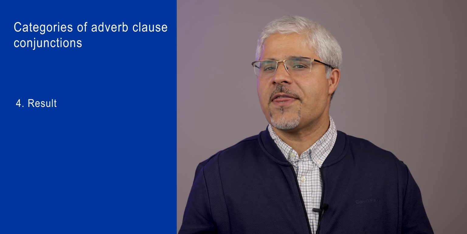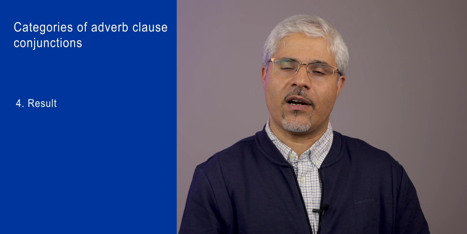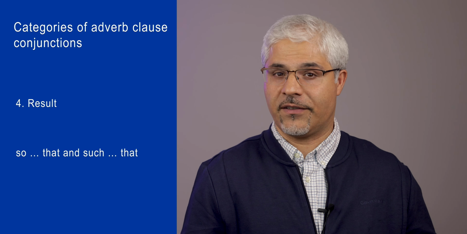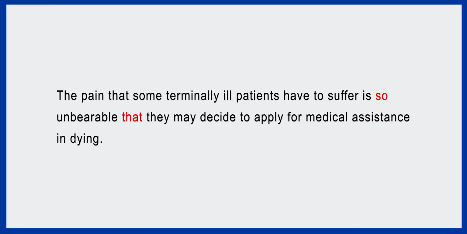Result. The main conjunctions for result are so, that, and such, that. The pain that some terminally ill patients have to suffer is so unbearable that they may decide to apply for medical assistance in dying. In this sentence, the adverb clause is that they may decide to apply for medical assistance in dying. As you can see, the patient's decision to apply for medical assistance in dying is the result of